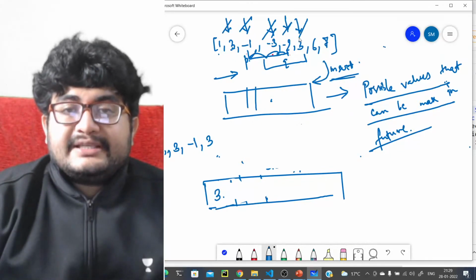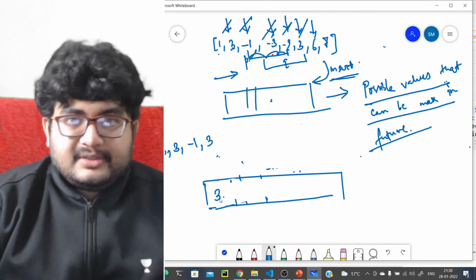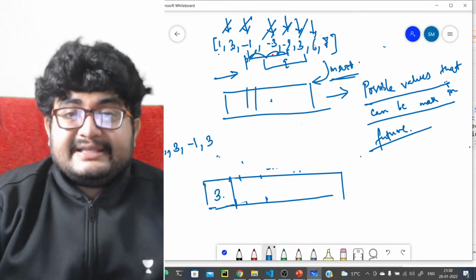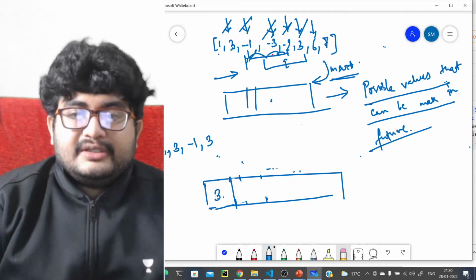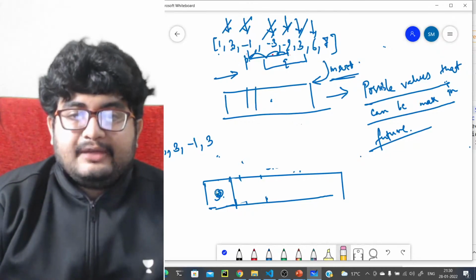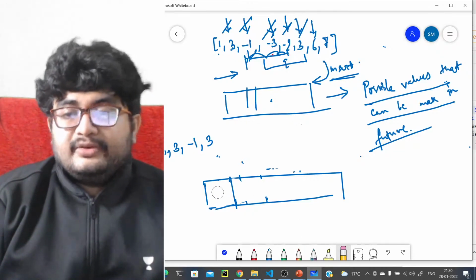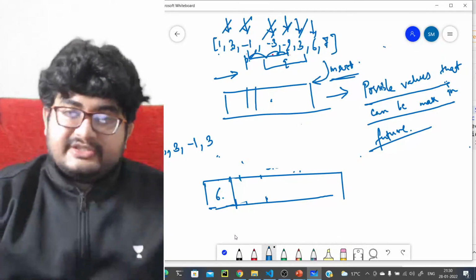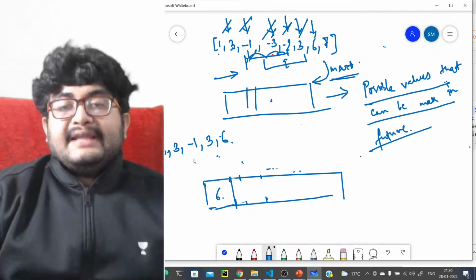Now we are going to 6. Now see, -3 is getting removed. So we check if the front element is equal to -3. It is not, so we don't do anything. 6 is getting inserted. Is 6 greater than 3? Yes. So my 3 will be removed. It is no longer a valid candidate. It can never be the maximum again, right? So 3 is removed, and we will have 6 here. So we will tell the answer to be 6 now. Like this, it will continue.